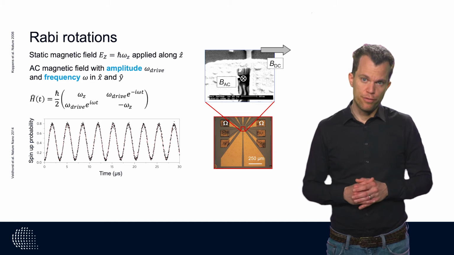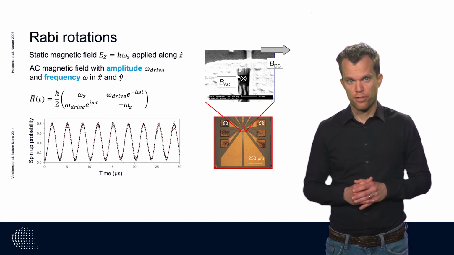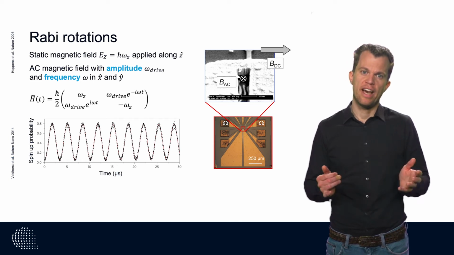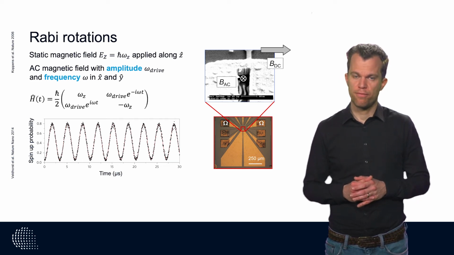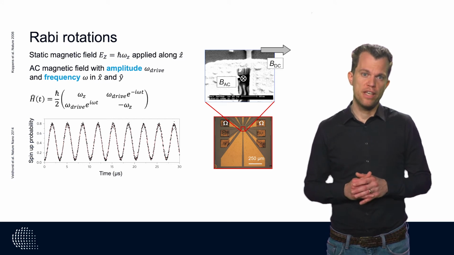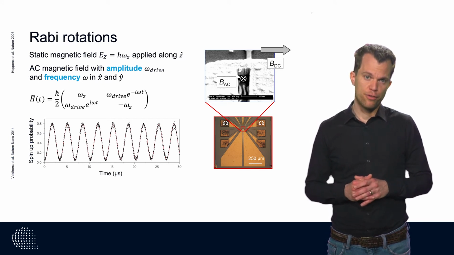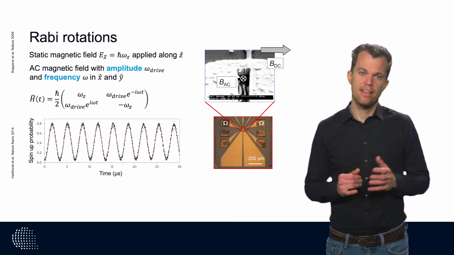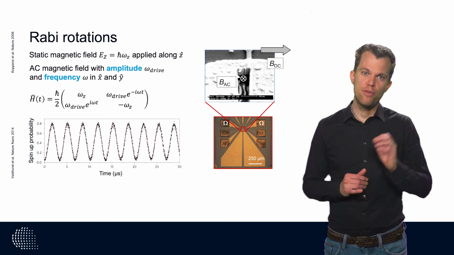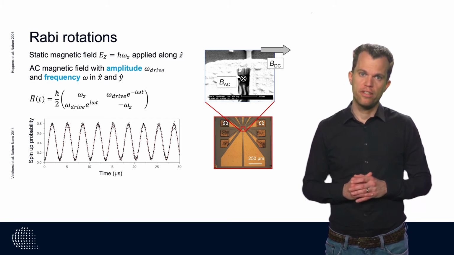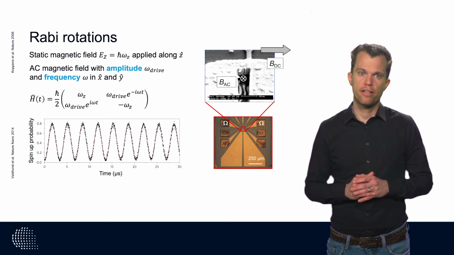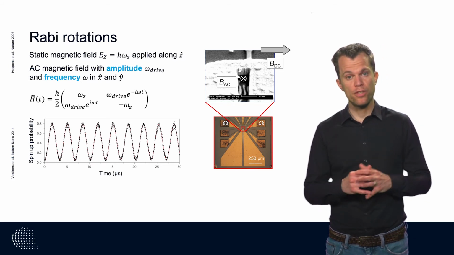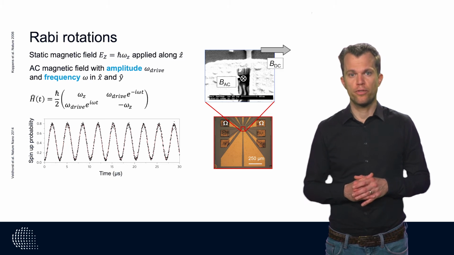Such an AC magnetic field results in Rabi rotations, and by controlling the phase of this field, we can control the axis over which we make rotations. Controlling the time and phase over the AC magnetic field, therefore, provides universal control for single qubits. That is, we can access any point on the Bloch sphere by controlling the time and the phase of an AC magnetic field on resonance with the spin qubit. And this is the key to single qubit control.